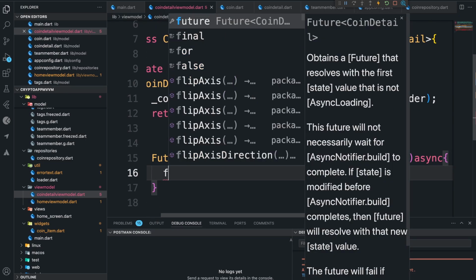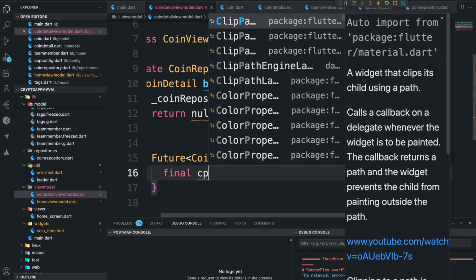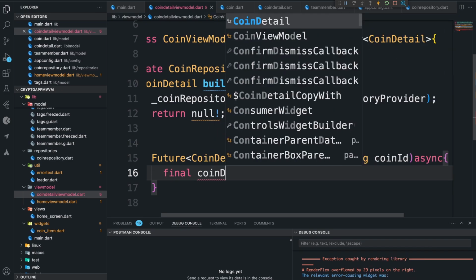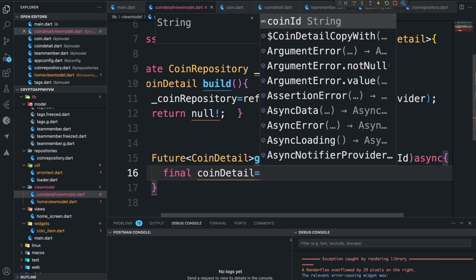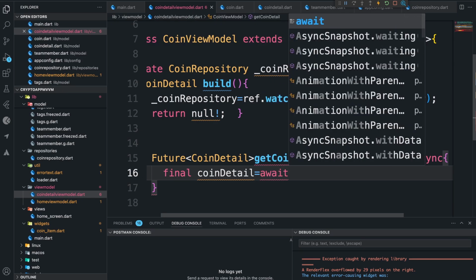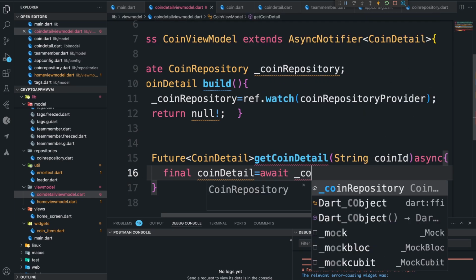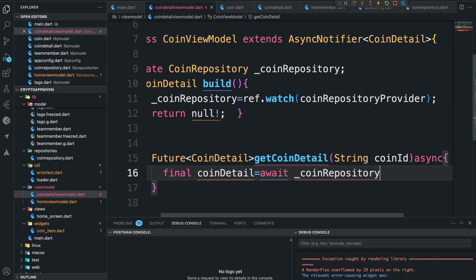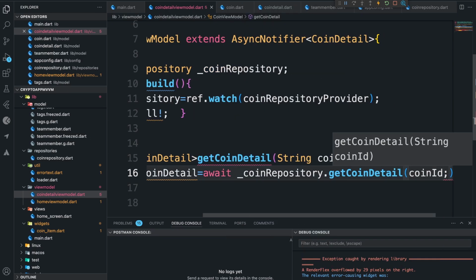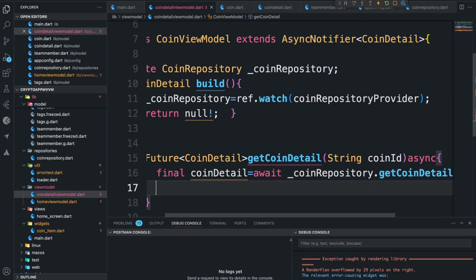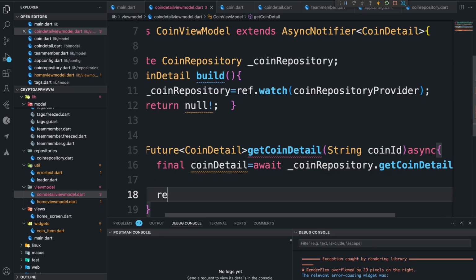Okay, so now the coin detail is going to be await coinRepository.getCoinDetail(coinId) like this, and then we are going to return